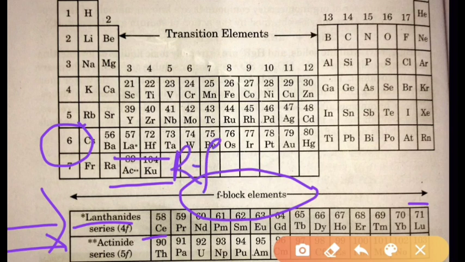The second series are called actinides or actinones and are also known as the 5f series. The names lanthanides and actinides have been given since these elements follow lanthanum and actinium respectively, with which these elements